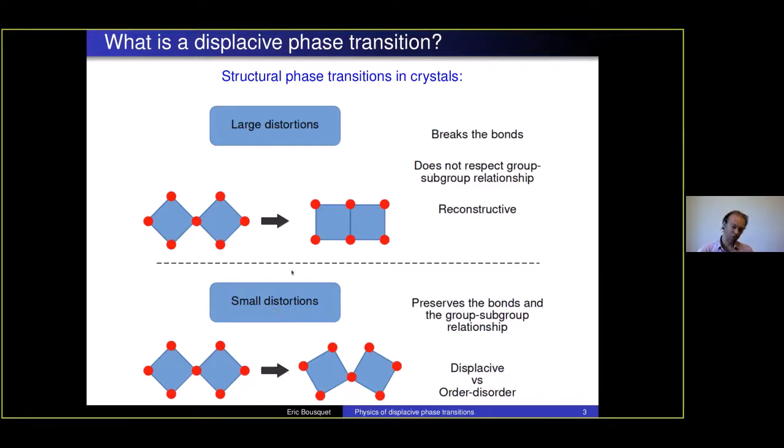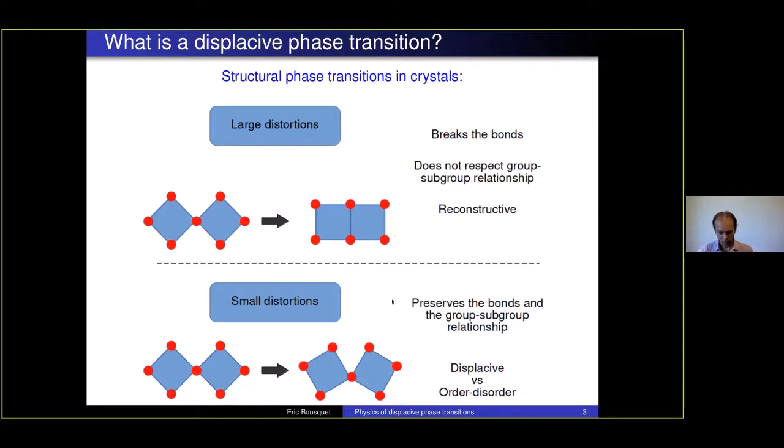And on the other side, we have the small distortion ones. So for example, here keeping this square lattice where the squares are connected by the corner, you can suppose that you have a small motion of the atoms that looks like a rotation of the squares. And you can see that you have a small distortion, a small displacement of the atoms, the red dots here, away from the initial position, the high symmetry position, let's say.